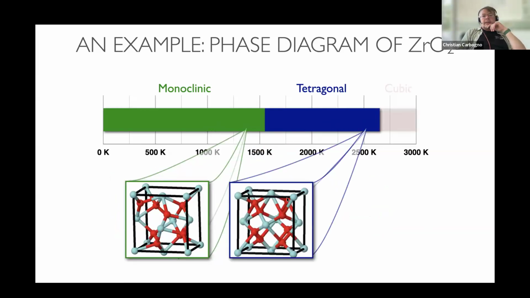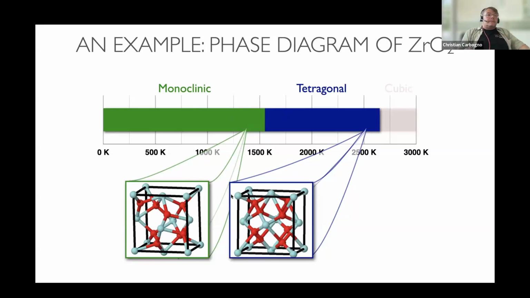Let us focus on these two structures first, because we want to describe the phase transition between those two. How can we do that? First, obviously, we would calculate the relaxed energy at 0 K. And what you would discover is that the monoclinic ground state energy is lower than the tetragonal energy. And this would tell you that at 0 K, the monoclinic has to be stable. But this does not tell you anything about when you have a phase transformation.